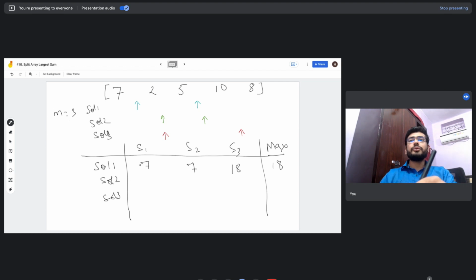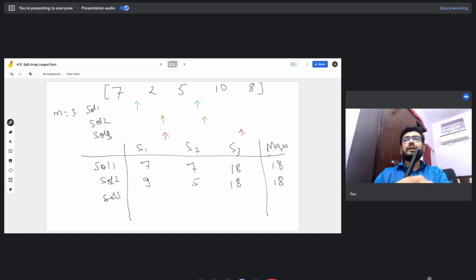In solution 2, which is the green one, we again take the three subarray sums. 7 plus 2 is 9. The second subarray just has 5, and the third subarray has 10 plus 8, which is 18. The maximum of these three is again 18.